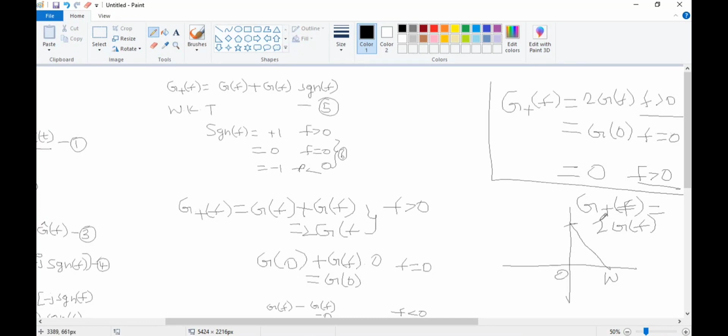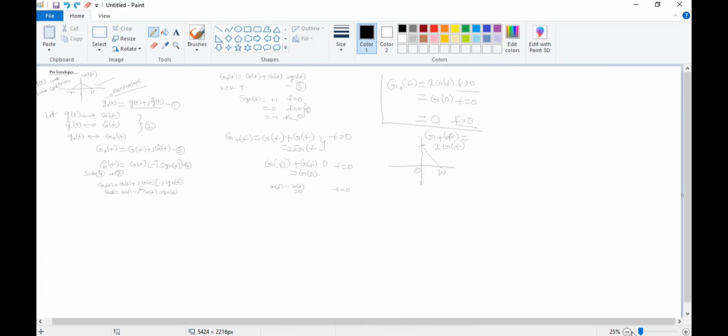From this I can say that when I take the pre-envelope of G of T, I am able to get only the positive frequencies. Negative frequencies are eliminated. Okay, so that's all the explanation here. Pre-envelope is the next concept of Hilbert transform. But as I've already mentioned, everything is interlinked. So here I need to find the pre-envelope.